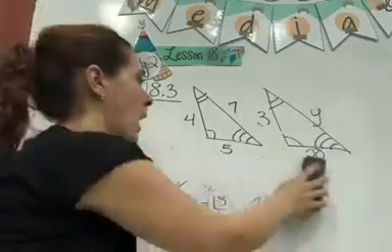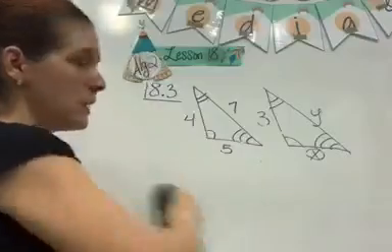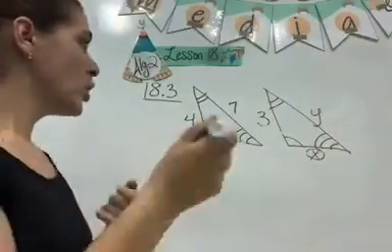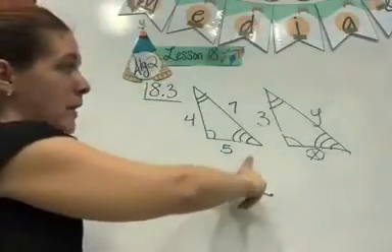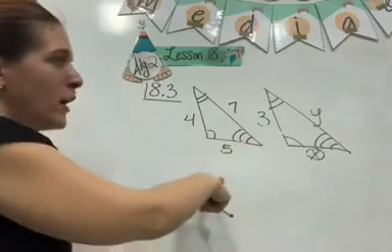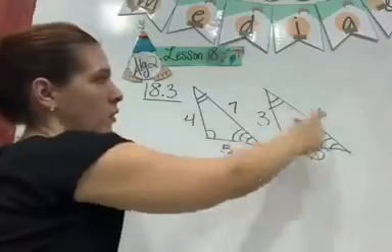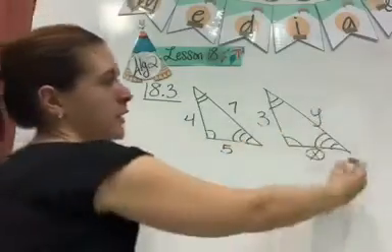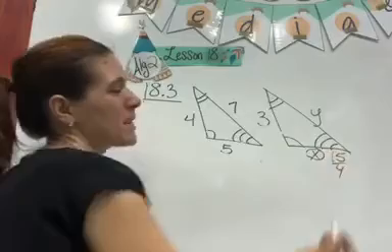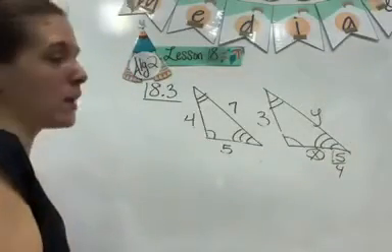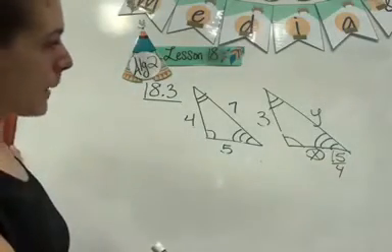Then to find your y, it's the exact same thing. You just have to find the ones that are not unknown. You don't want to do 5 over x equals 7 over y because they're both unknown. Even though now you can plug in the 15 over 4, it's going to be kind of complicated because it's a fraction, right? So what I would do is I would do